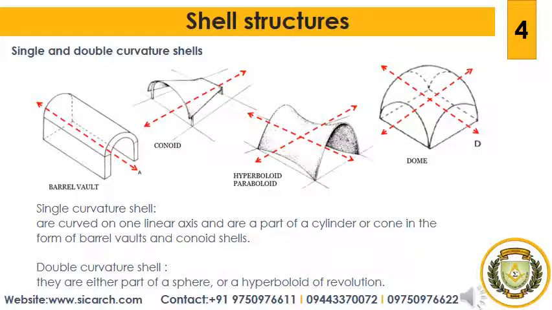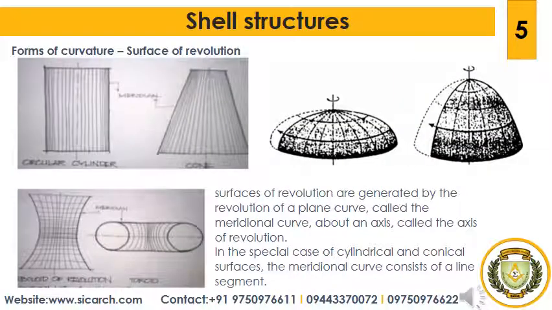So the terms single curvature and double curvature do not provide a precise geometric distinction between the forms of shell, because a barrel vault is single curvature but so is a dome. So the terms are used to distinguish the comparative rigidity of the two forms and the complexity of centering necessary to construct the shell form. So to know in depth about the shells, we need to see some components and terminologies.